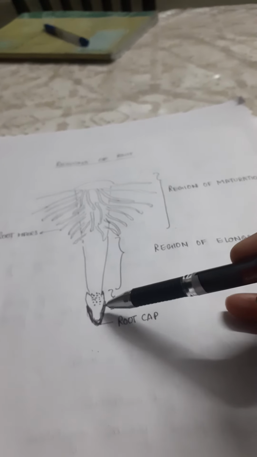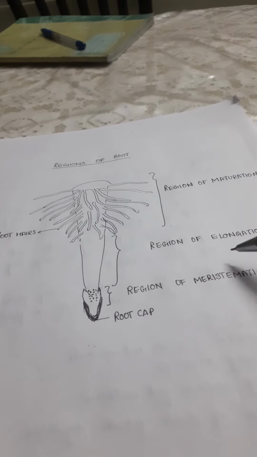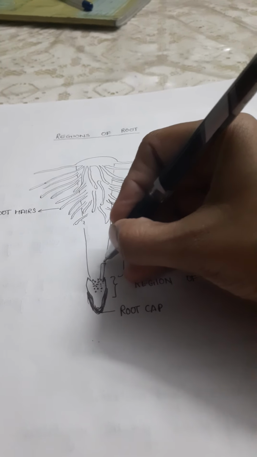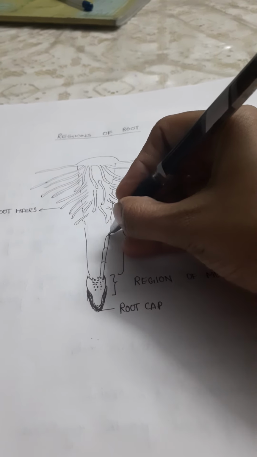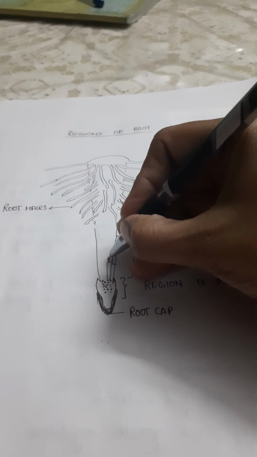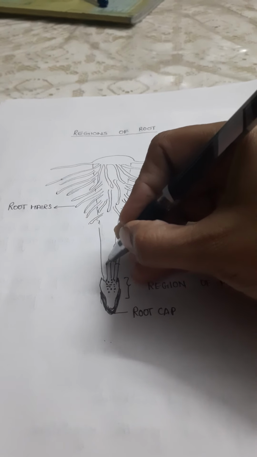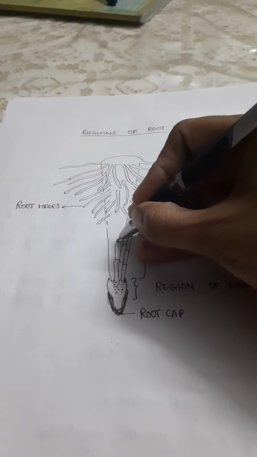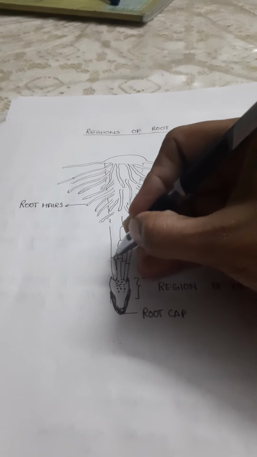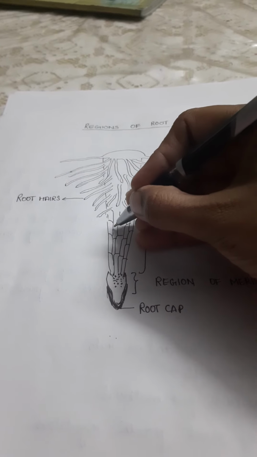Then once these cells are formed, they are pushed to the upper side, and that is known as the region of elongation. Here the cells will be taking a certain shape. They will become lengthy. Lengthy in the sense that they are going to now be more stable, because on the lower side they are just dividing to make more and more cells. The moment they are growing, they become more stable, and that is why you have the zone of elongation.